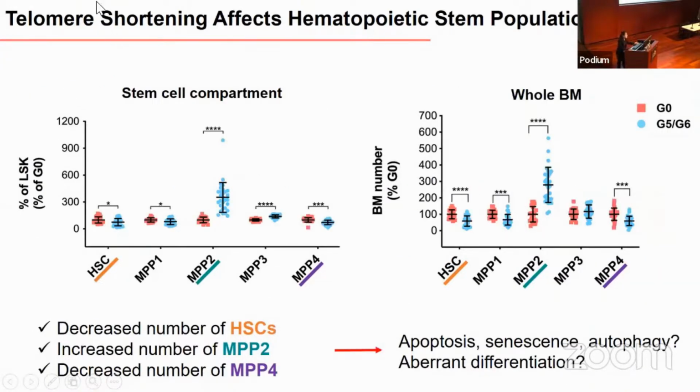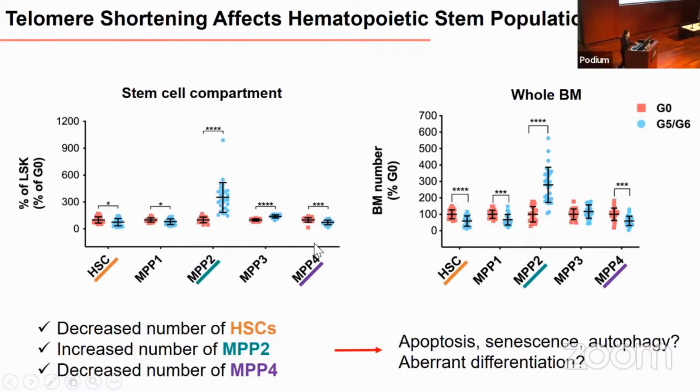we observed that telomere shortening affects hematopoietic stem cell population. We saw the decrease of HSC both inside the stem cell compartment, LSK, as well as inside the bone marrow of the mice with short telomere, G5, G6, as compared to the mice with long telomere, G0. And from this experiment, we observed decrease in the number of HSC, increase the number of MPP2, and decrease the